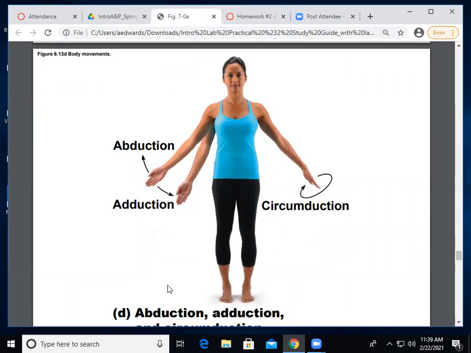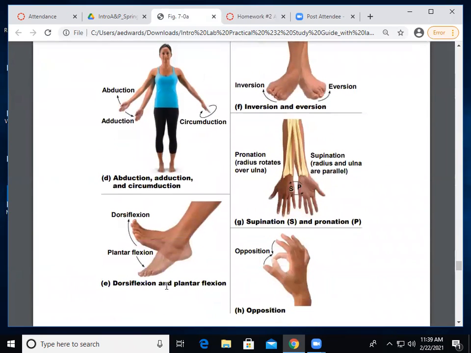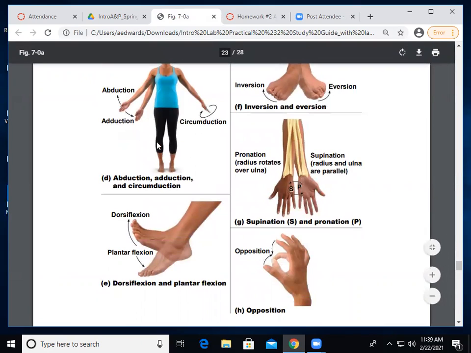Your arms, you can also spin them around. We call that circumduction, like a circle. All right, so this shows some of what you've already seen. Now with the foot,